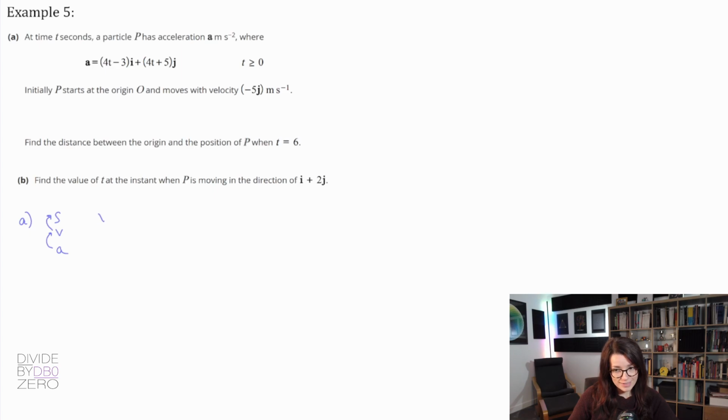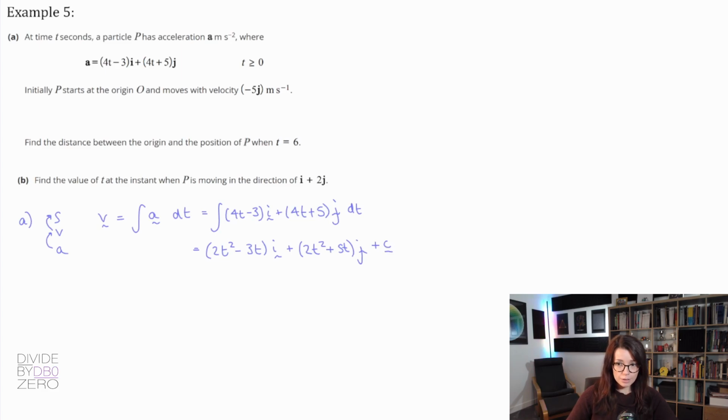Let's start with the first integration. So to find velocity, that's the integral of acceleration. Sub in the expression for acceleration. Integrate each component, not forgetting the plus c. And then if you look back at the question, it says that initially the particle starts at the origin and moves with velocity minus 5j. So we can say that when t equals 0, v equals minus 5j. Therefore, if you sub both of those values in, you can get your c value and it's going to end